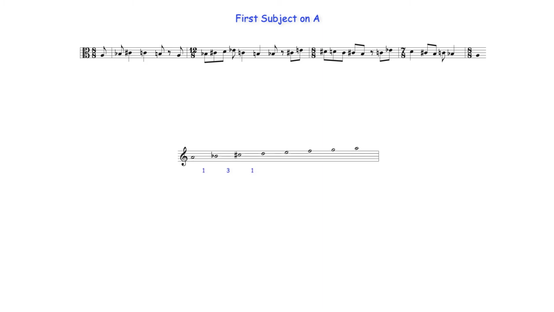While the 3-1-1 interval combination is not diatonic to any major or minor scale, the 1-3-1 combination used at the beginnings of phrases 1 and 2 is found in the harmonic minor scale and its modes. The A, B flat, C sharp combination of notes beginning the first and second phrases, together with the subject's orientation to A, therefore, may be heard as part of an A Phrygian dominant mode.